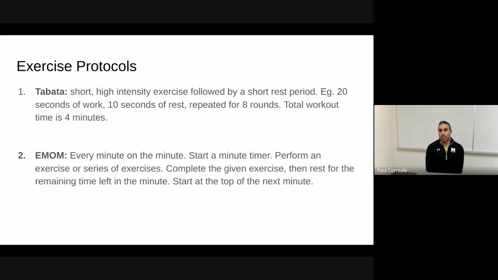When the timer is down to 0, you start the next minute, you start the exercise again. And my experience with this, from StrongFirst, there is a program, Pavel Tsatsouline's program, Simple and Sinister, where it is 10 minutes of one-arm kettlebell swings. And when you're performing your swings, you're doing 10 left, 10 right, you rest for the remaining minute, and you start up on the next minute. And it kind of works out to be half work, half rest, about 30 seconds of work, 30 seconds of rest. The EMOM is good for, whatever time you set, let's say 15 minutes, 20 minutes of total work time.